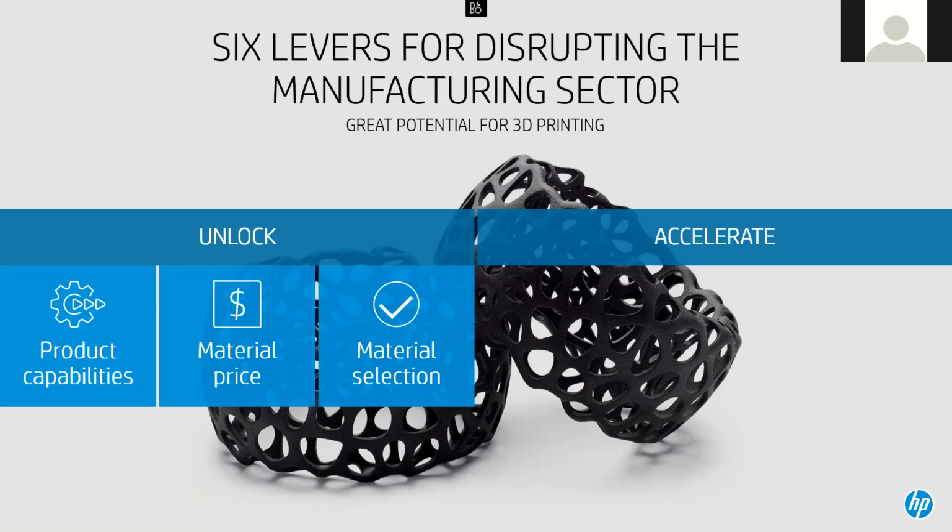The other is the material price. So one of the other limitations of getting 3D into true manufacturing is the cost of operation. When you're trying to compete in a cost-is-everything world, and injection molding can spit out parts at a really low price, you have to address that in order to overcome those barriers. And again, our technology kind of came to the rescue here, in that we're able to not only have very high recycle rates with our powder, but we're able to drive down our costs with our architecture